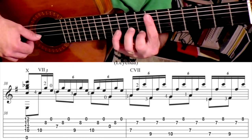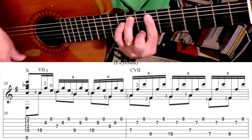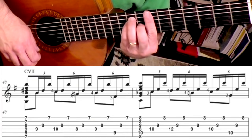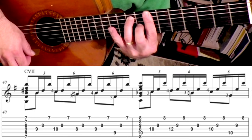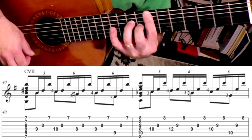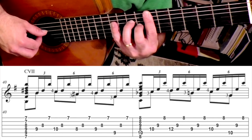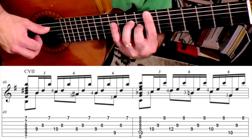So again, now we have the B major chord. So you have this. What I do is I take off my pinky and I move my 3rd finger down to the 4th string. And you're going to hit the thumb on the 4th, 3rd string, and then my ring finger hits that 1st string. So you've got,